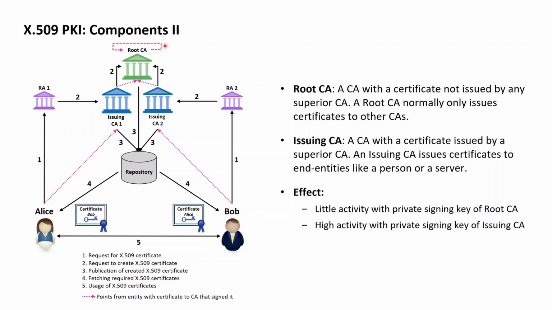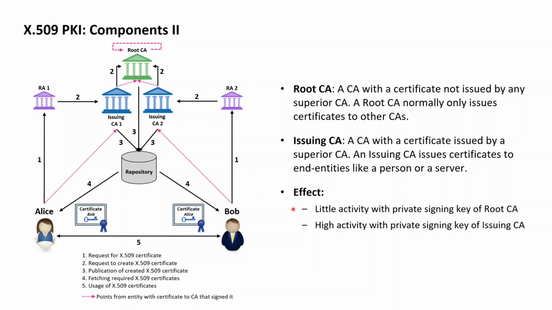Importantly, the idea is now to keep these root CAs such that they are only used to create certificates for other CAs, but that they are not used for the creation of any other certificates, like for example the end entities Alice and Bob. Issuing certificates to end entities like Alice and Bob is then the responsibility of the issuing CAs, and if these ideas are properly followed by a PKI, the effect that this has is that there will be very little activity